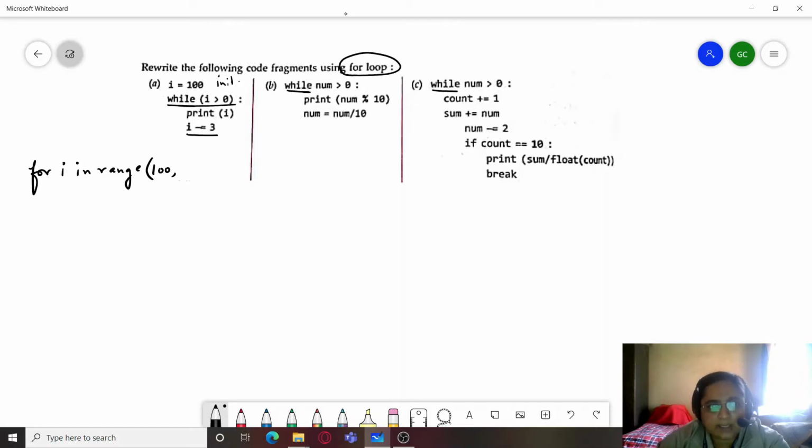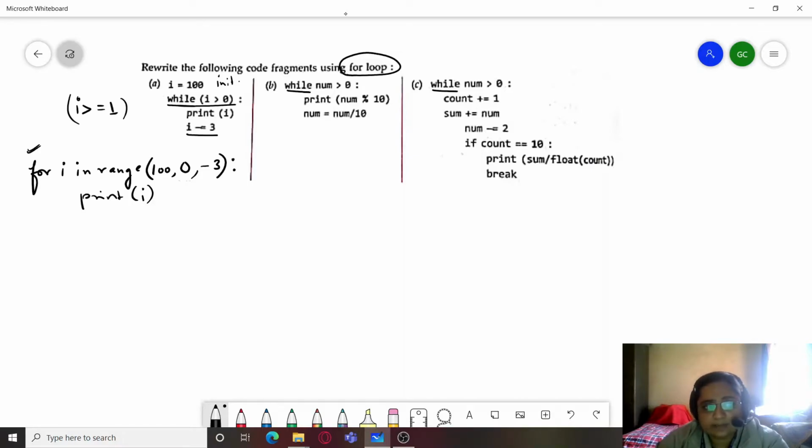That is, while i is greater than 0, these statements have to be executed. That is, the value 0 should not be included because it means i should be greater than or equal to 1. Hence, we need to include 1 and exclude 0. So I can simply write 0 over here because this value will be excluded. And i minus equal to 3, that is i has to be reduced by a factor of 3. So our skip is minus 3 and print i. So this was a very simple example of conversion from while loop to for loop.